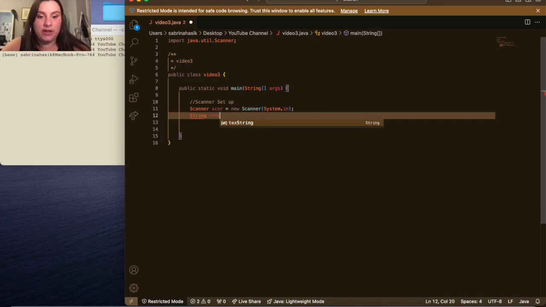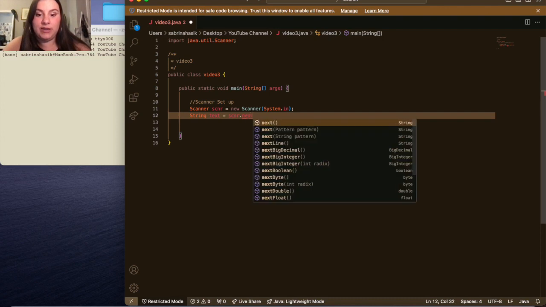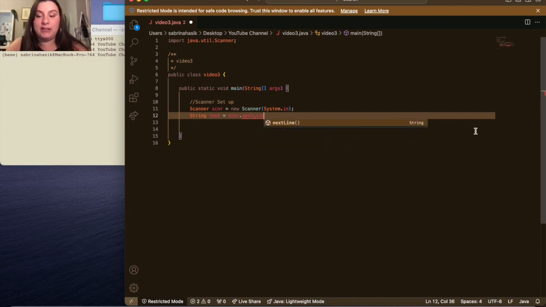So let's start with a string called text. And previously we've been taking in short strings like a name or an animal, for instance. But if we want to take in something that's a little bit longer, we've been doing next, but we can actually do nextLine. And you'll note it's still String over here, but instead of being broken up by spaces, this one is broken up by new lines. So you can take in like a whole paragraph or a whole sentence as input,